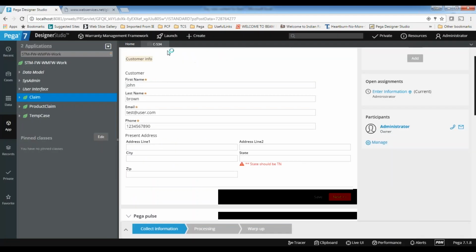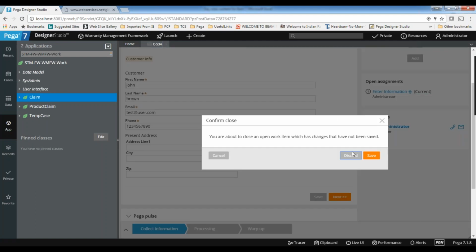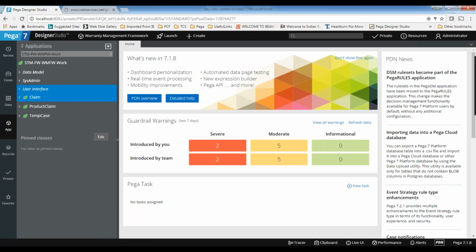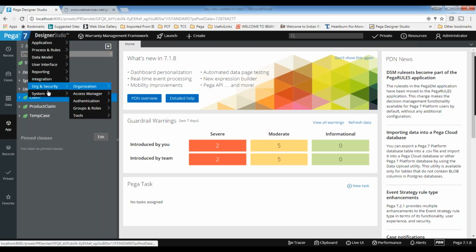So you need to copy the WSDL file. You need to copy the WSDL URL, or else you can copy the WSDL content. Anything is fine. But because this is a website running on the server, we can make it a URL, and then from Pega's perspective, we need to connect to that service. That's a WSDL service. So we have a wizard for that. So let's run the wizard.